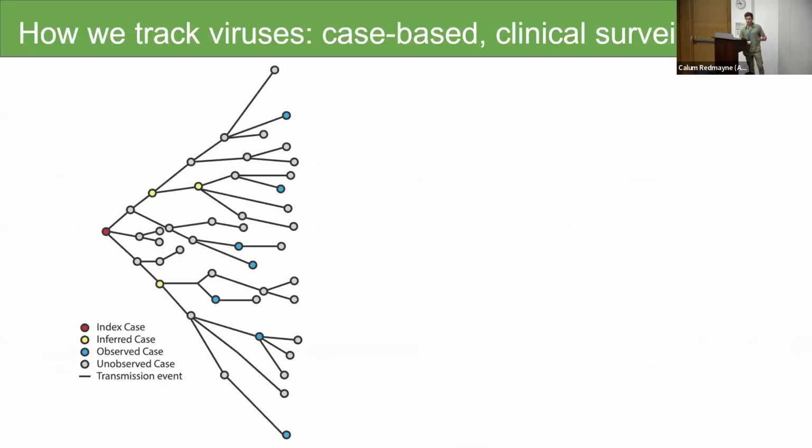So first I'll talk a little bit about the basics of how we go about looking at an emerging outbreak or really any disease spread and trying to understand what we're seeing, what we're not. And usually the basic tool we use there is clinical surveillance. We have some index case or sampling individual cases from that outbreak. And a lot of those go missing. You know, we can't detect everything usually. And we can infer individual cases that might have happened in between things that we do detect. But there's a lot that goes missing.